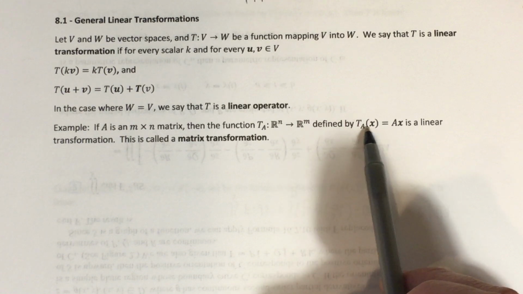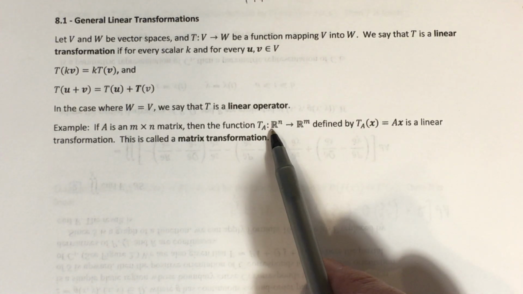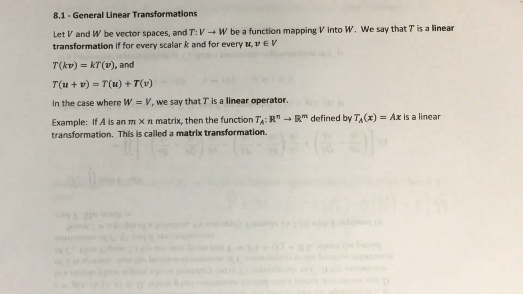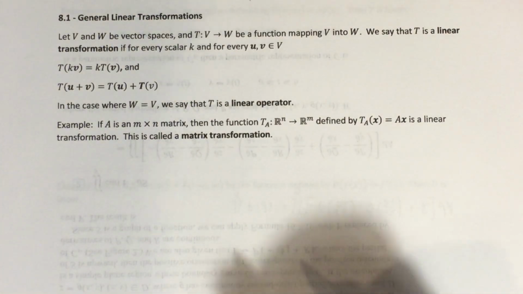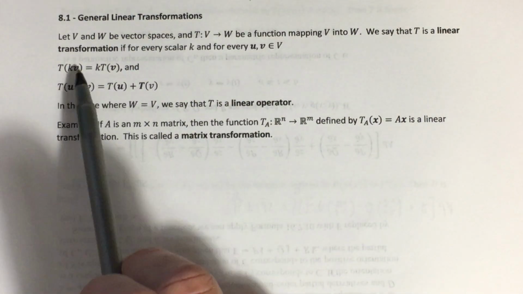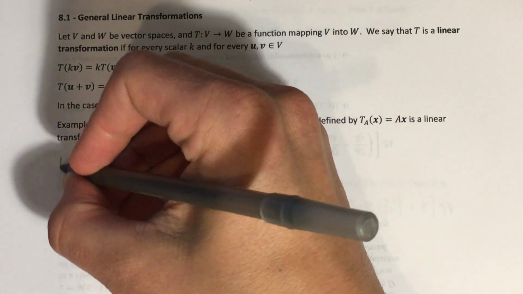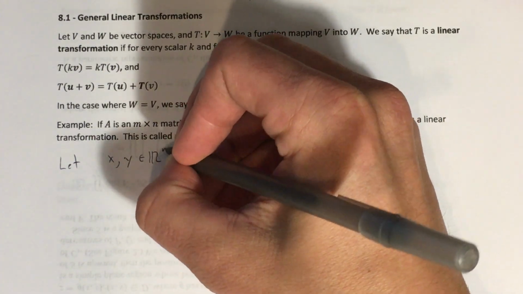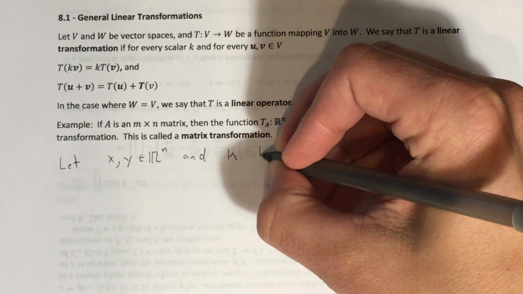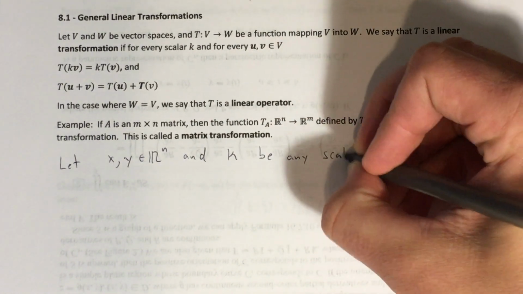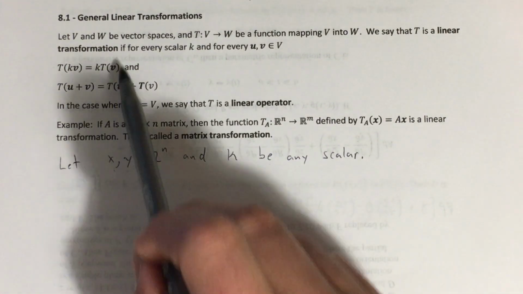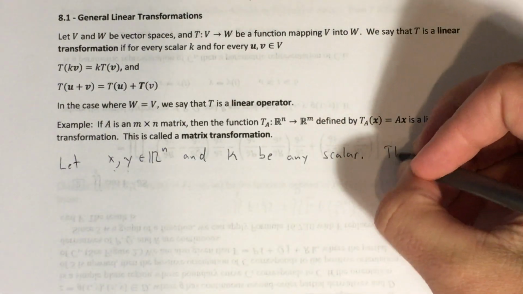First of all, make sure you understand that this thing does in fact act as a function that takes vectors from Rn into vectors in Rm. Now, to show that it's a linear transformation, we verify that our function satisfies both of these properties. So we say let x and y be vectors in Rn and k be any scalar. If you're asked to prove that a function is a linear transformation, you're always going to start with a statement like this, because we need vectors and a scalar to verify these properties. Okay, then